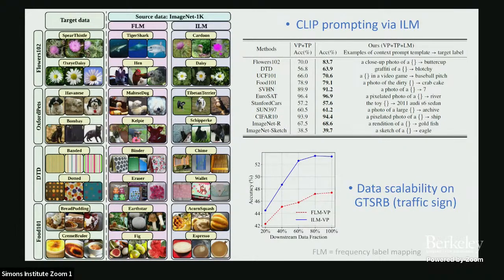But the most interesting thing is that on CLIP, we can also do the same thing by treating different prompt templates as a source label. Then you can ask, given the target task and given the target label, what is the best prompt template I should use to improve the accuracy of prompting? In this case, compared to the naive visual prompting, with this iterative label mapping, by finding the best prompt templates, we can improve the accuracy by a significant amount. And also, if you look at the data scalability in terms of how much data you have to do visual prompting or reprogramming, this iterative label mapping always gives you a significantly better accuracy compared to using a fixed label mapping.